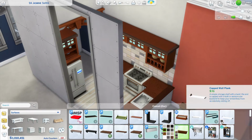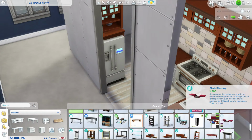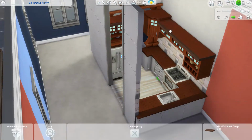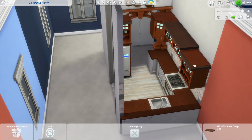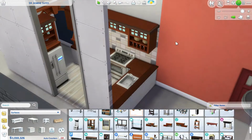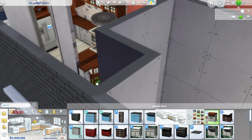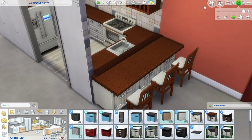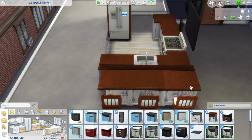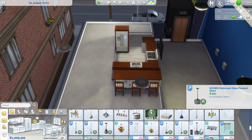You can see that I did add some shelves that I thought looked really cool underneath these cupboards. I am doing that for a reason. I was going to put up some plants up at the top, but as you can see, I'm kind of deciding whether I actually want it above it or below it, and I actually end up putting it right into it. I really like it that way. The other thing I wanted to mention too is I did like this at first, and then I ended up putting in a counter that they could be sitting at,